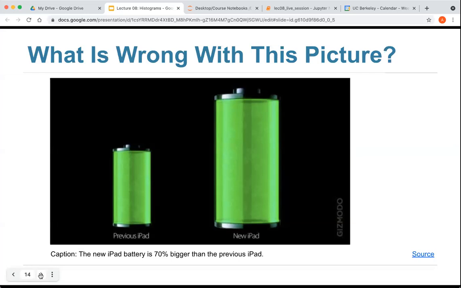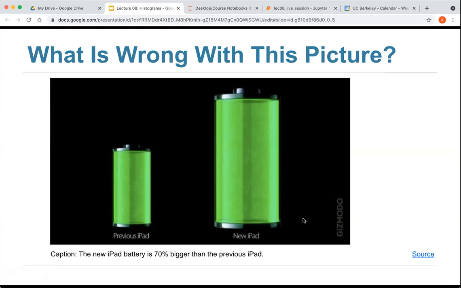Now look at the big one. Does that look like not quite twice the size of the previous one? Or is it a lot bigger? It's a lot bigger. To my eye, it's almost 4 times, at least 3. I can certainly fit 2 of these, and then there's room left over. You agree? So there's something wrong with that. And what has happened there is that both axes, the horizontal as well as the vertical, have been increased by 70%. Okay, and so what you are realizing by this picture is what the eye picks up as big is not the individual dimensions, neither just the length, nor just the width, but the area.